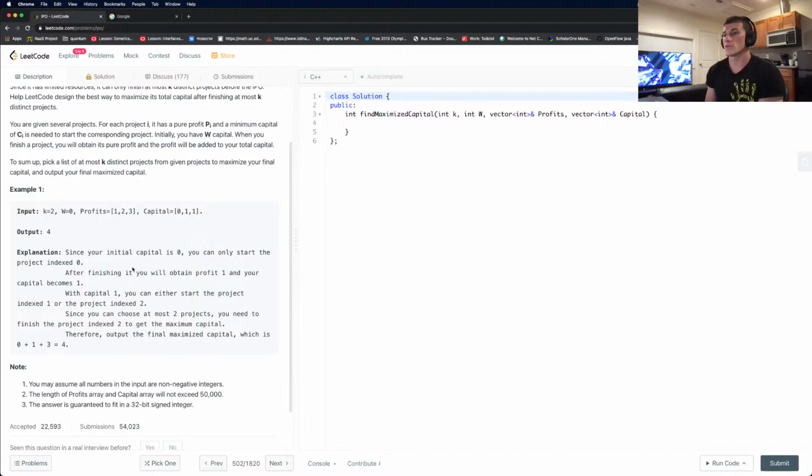So the total, index 2 to get the maximum capital. Yes, the output is 4, the final maximized capital, which is 1 plus 3, plus 0.